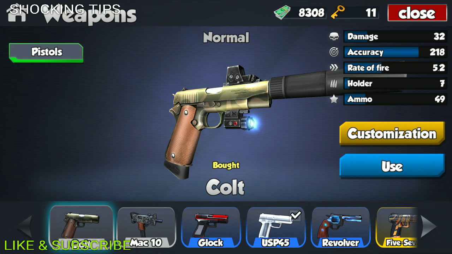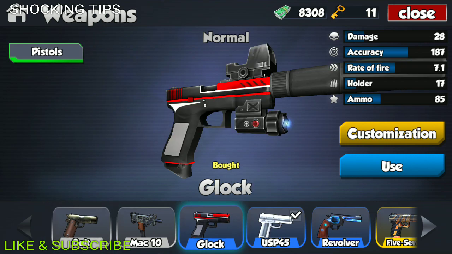Looking at the specs of the Colt 45 with the customizations of a fast clip, a flashlight, and a silencer equipped, it has the specs of 32 damage, accuracy of 218, fire rate of 5.2, holder of 7 rounds, and total ammo of 49. Now looking at the Glock with the same customizations equipped, so once again, fast clip, flashlight,